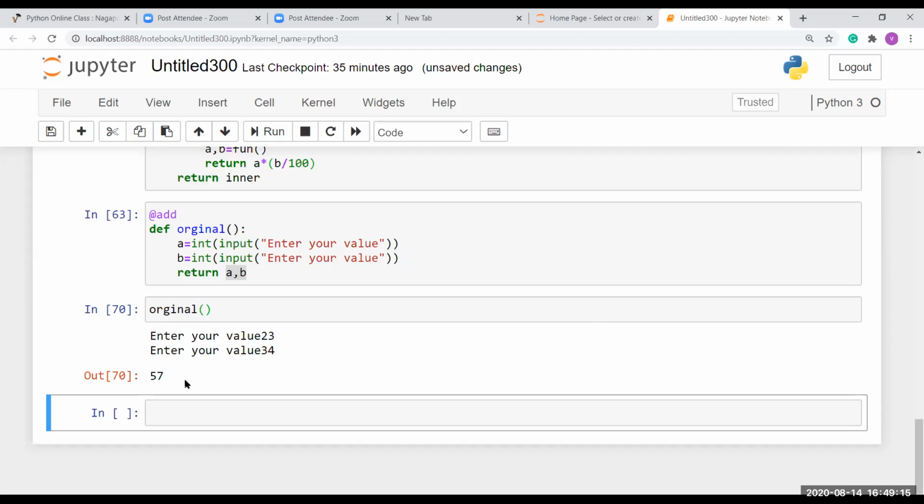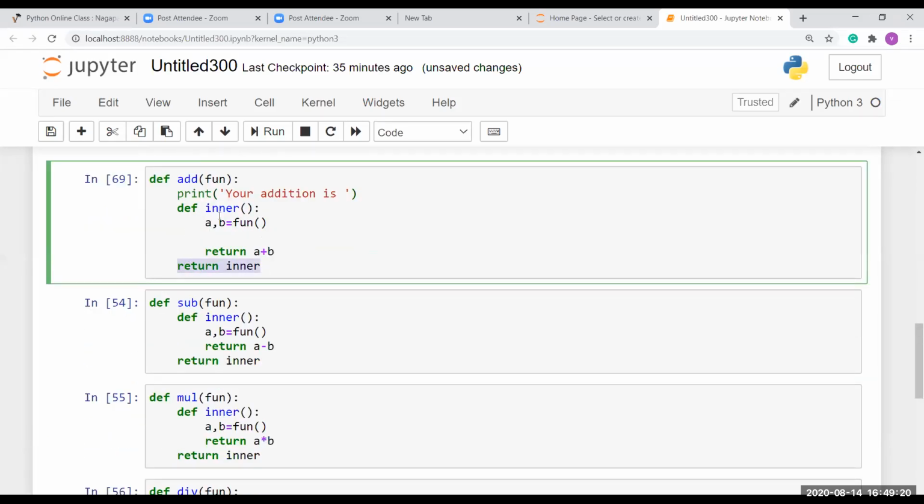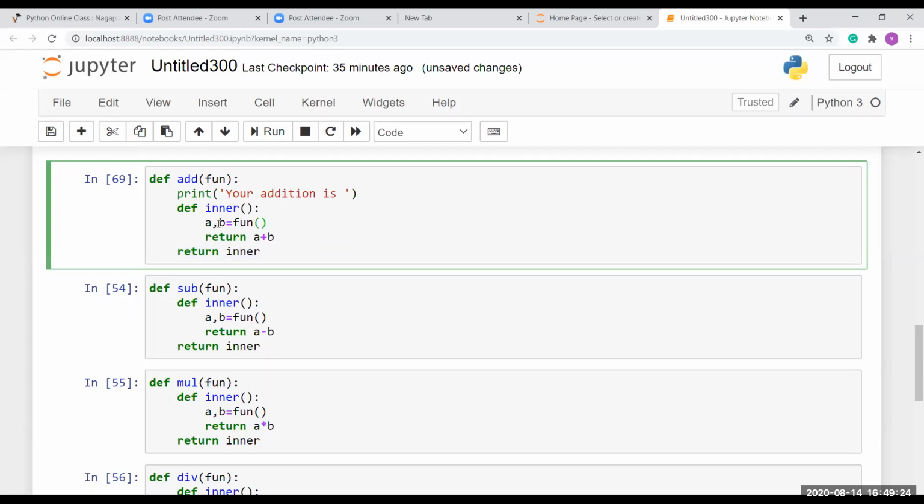You can see here, because we are returning only the function which we have mentioned in here, right? So the inner function returns a plus b. Okay, so it returns that a plus b result only.